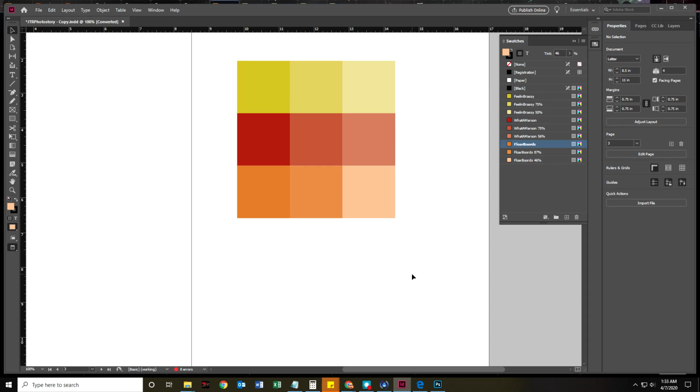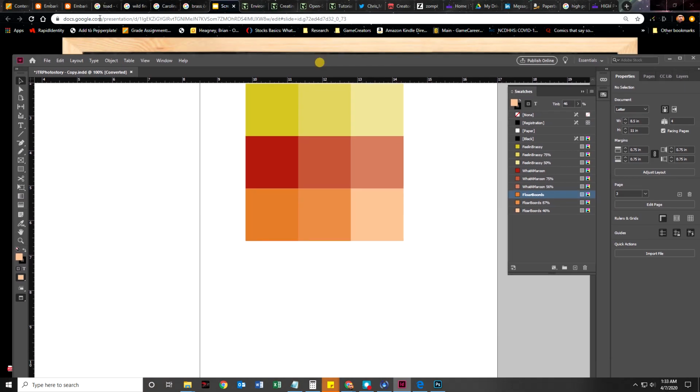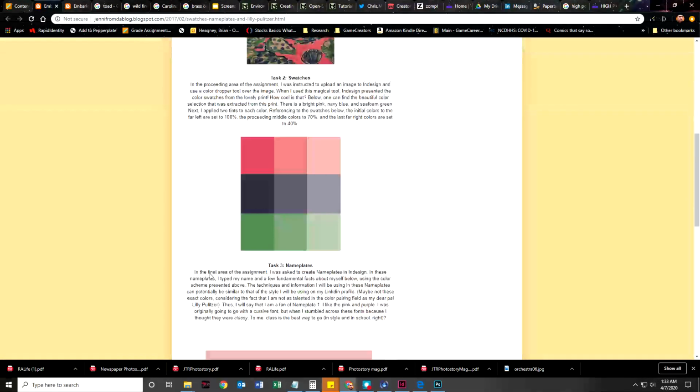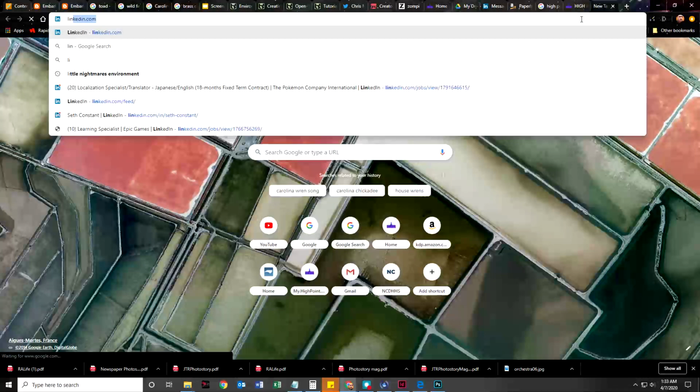All right, let's figure out what we're going to do. If you recall, what I want us to do is something like, here I have it here, right? These nameplates here. I call them nameplates because they look like the things you might put on your desk if those things had colors. But really what I'm looking at here is something you might use for the headline of your LinkedIn. So if you look at my LinkedIn page,